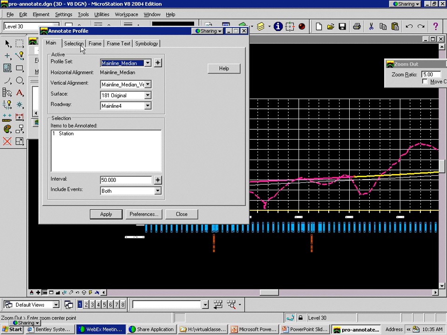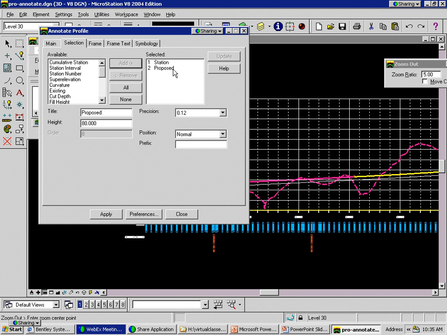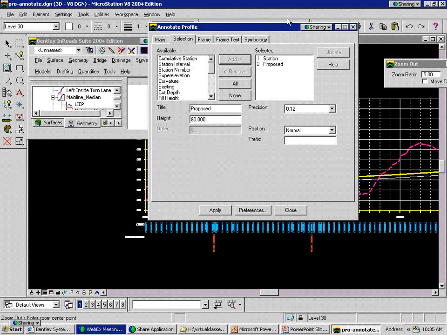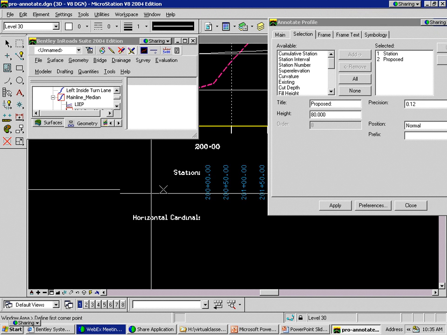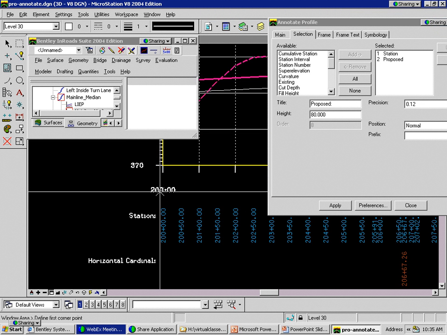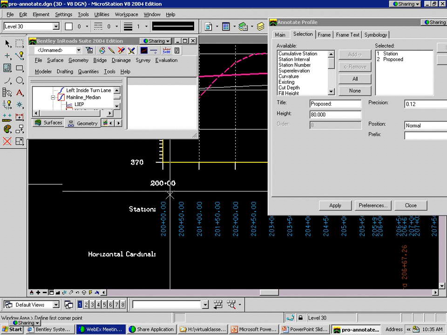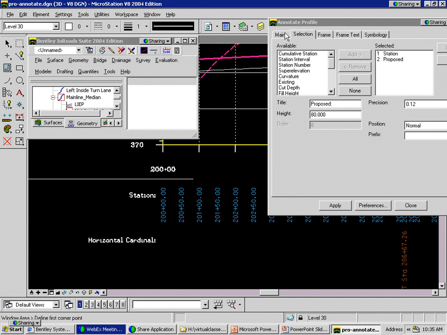So what I'm going to do here on selection, I'm going to add station and put proposed on. And let's come down and take a look at this. And notice what I'm doing again. I'm using that pencil lock so I can, what you generally are going to want to do is set these up individually, get a feel for them, get them close, and then we start using them in combination, as I'm going to do shortly. So I'm going to set right here, take proposed,